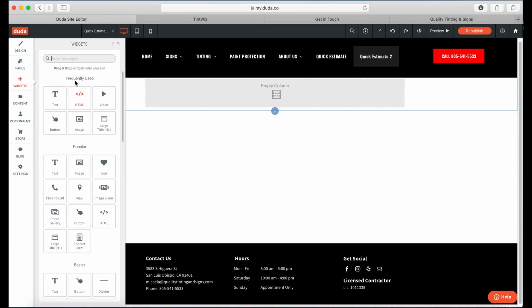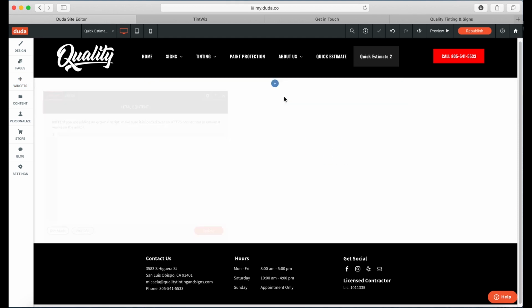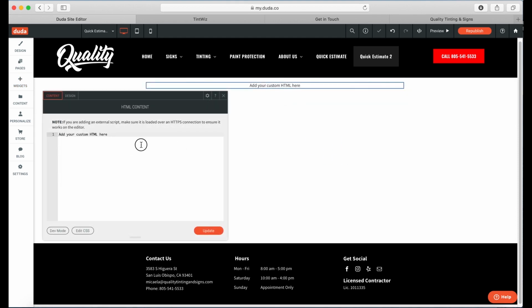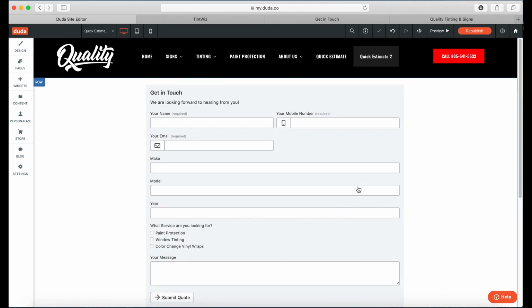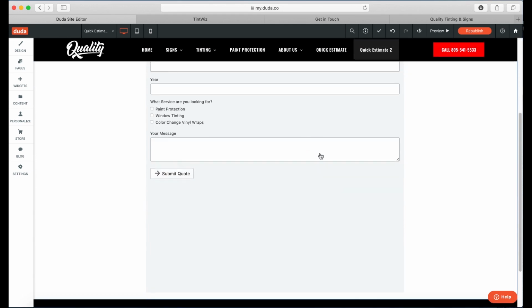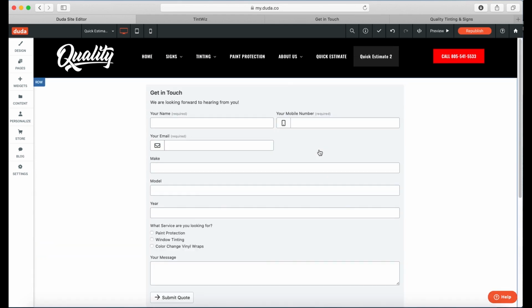I've gone ahead and added an HTML widget, and from there I'm just going to copy paste that HTML code. Okay, so you can see it essentially puts their form on your site, which is great because that was really easy. And if I go ahead and publish this site,